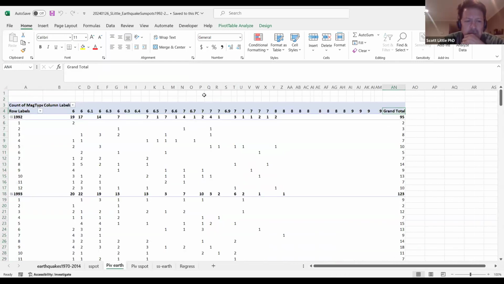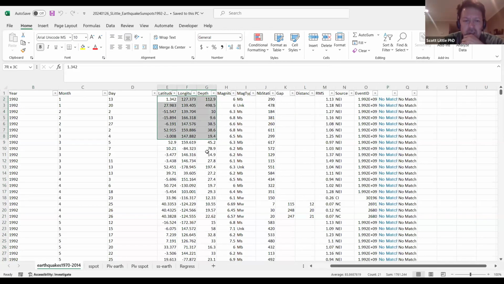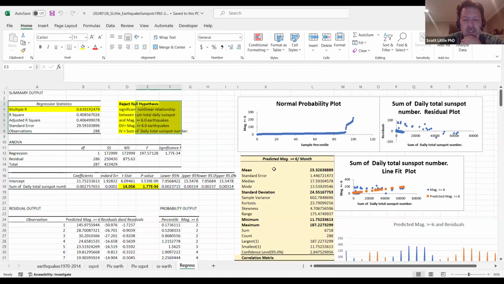And then we're able to actually pull in some of this, where, yeah, right here we have lat and long. So that's going to be the next step we're going to work on with the MISA team: we're going to start looking at actual locations of these events to see if there's a correlation in certain areas. And hopefully that can help us get to the point where, if we know there's increased sunspot activity, are there certain geographic areas that seem to have an increase in seismic activity? So, any questions on that?